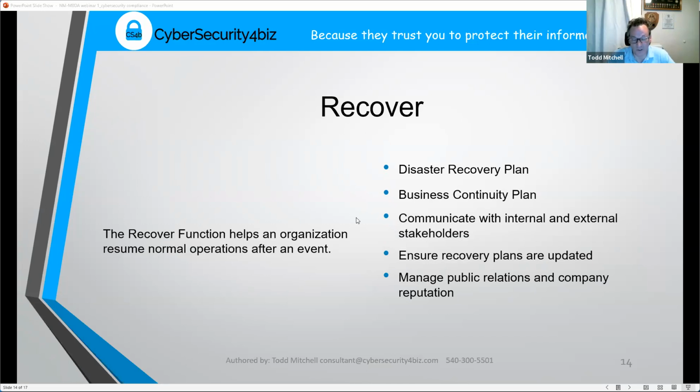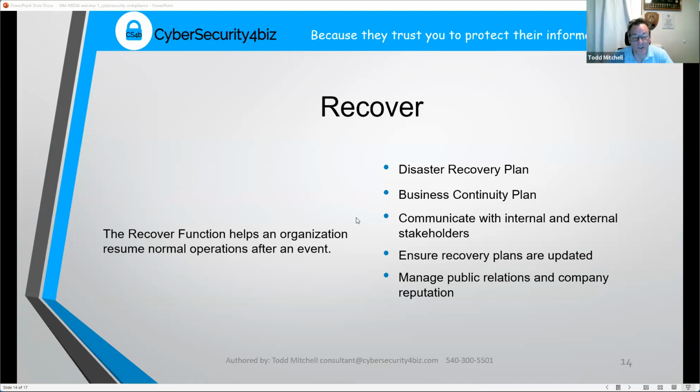And those plans are going to be focused on maybe running your business from, it depends on whether, you know, if it's a cyber incident and you're back up and running by the end of the day, it's no big deal. If it was a fire that burned down your office, do you have a secondary location you can run the operations out of? Do you have the ability to telework so you can just send everybody home? Do you have extra computers in case those are all destroyed and now you need to use a different laptop? These are all things that you need to think about ahead of time and kind of have a plan worked out so that when it comes time to recover, you can actually implement that plan.